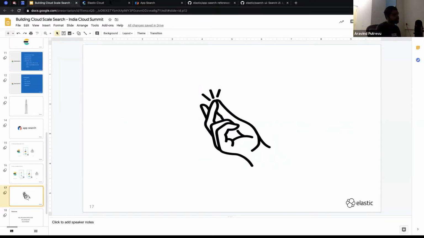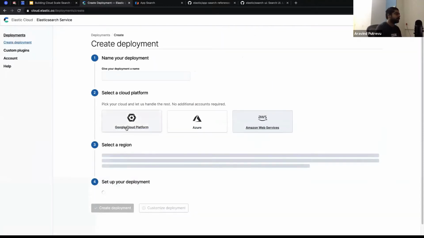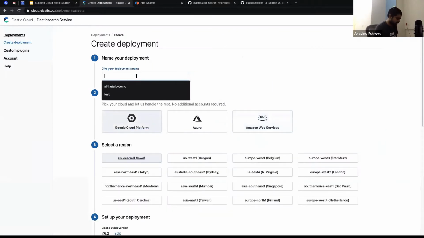I'm choosing Elastic Cloud to run this infrastructure at this point of time. But you could also download app search and run it in your private data center if you want to. In the interest of time, I also have a spun-up instance already, but I'll show you one.